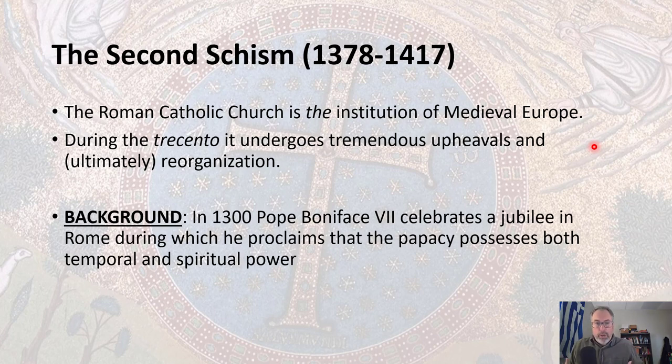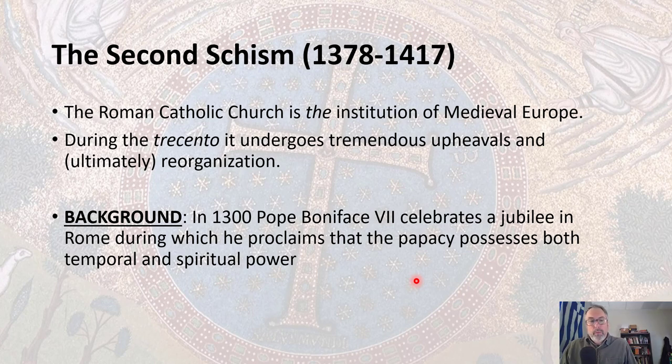All right, so what's the story here? In the year 1300, Pope Boniface VII celebrates a jubilee. Every 50 years, the Catholic Church celebrates what's called a jubilee. It's a big to-do in Rome, a time of pilgrimage where people gather together. Back in the day it involved spending a lot of money on the populace, building new things, being patrons of art. But during this particular jubilee in the year 1300, Pope Boniface VII announces in Rome,